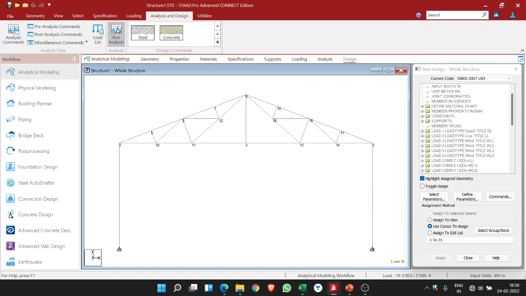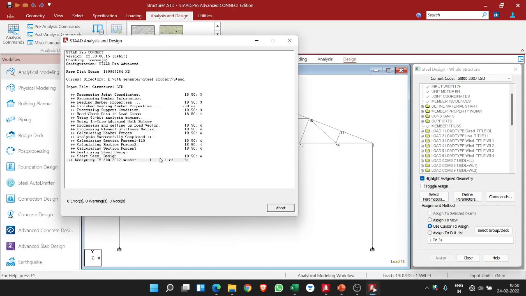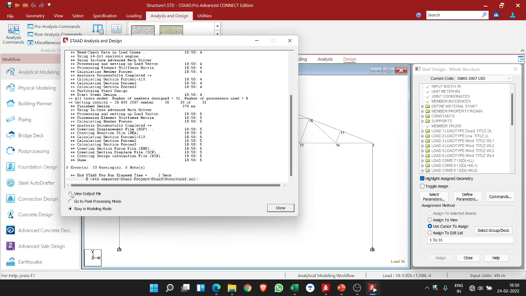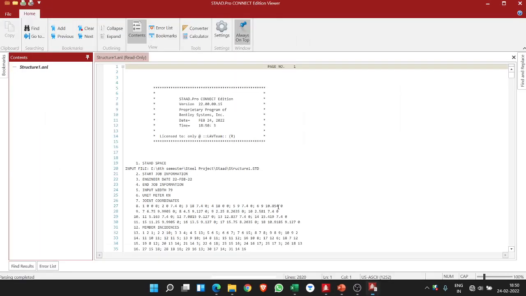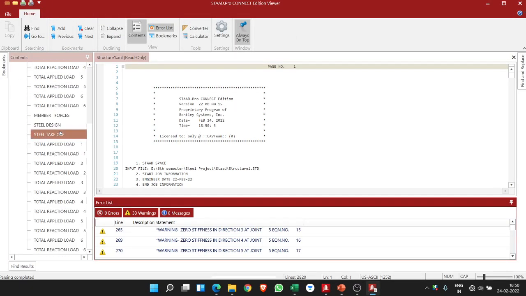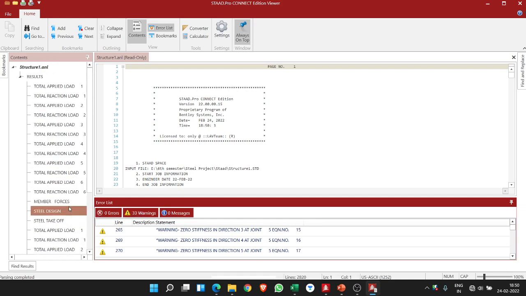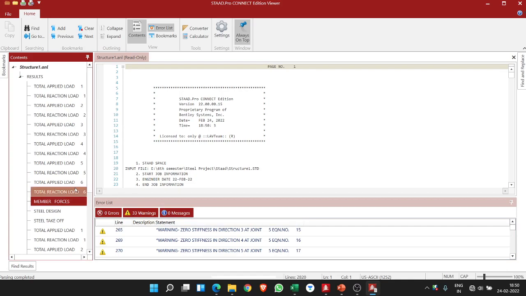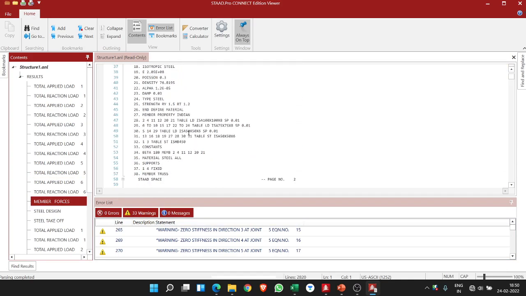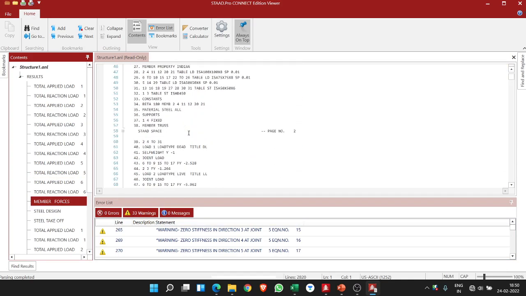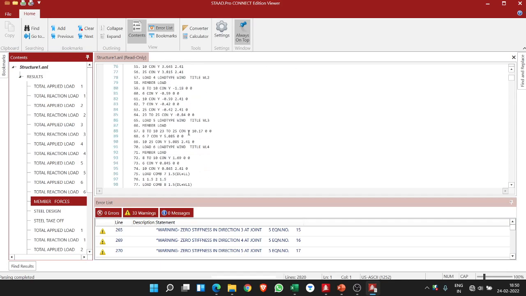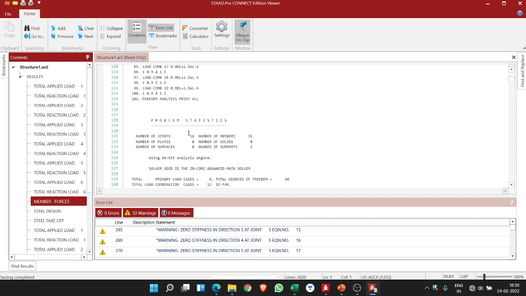Run analysis, view output file, done. So if this member forces doesn't come, you go to the end, that performance analysis, and